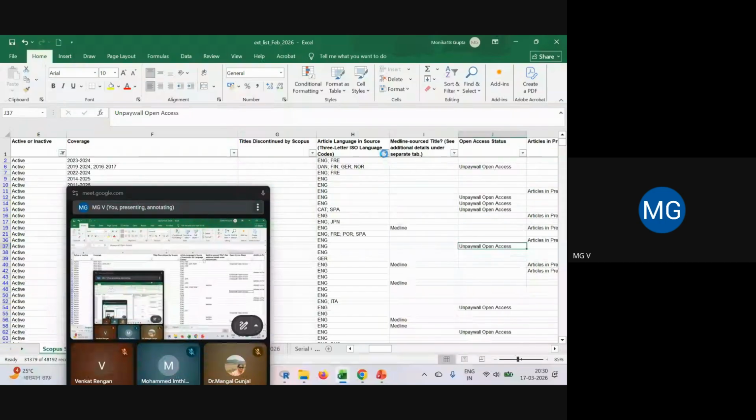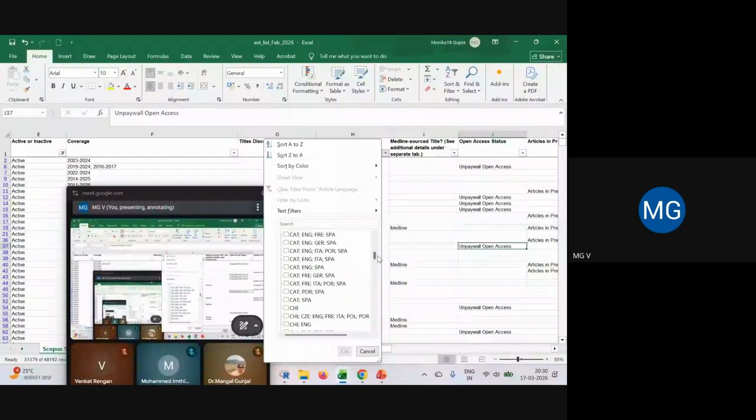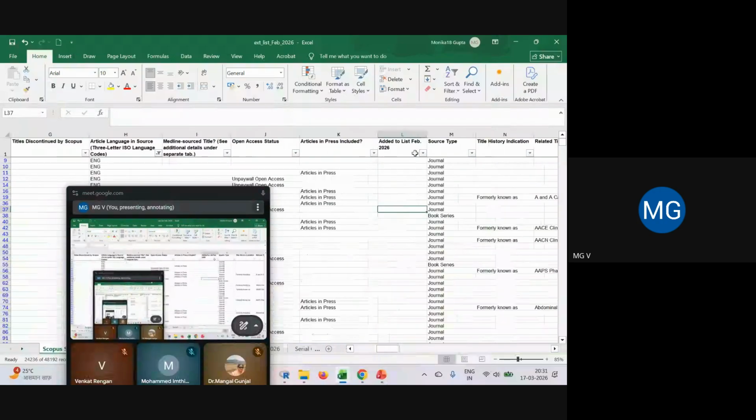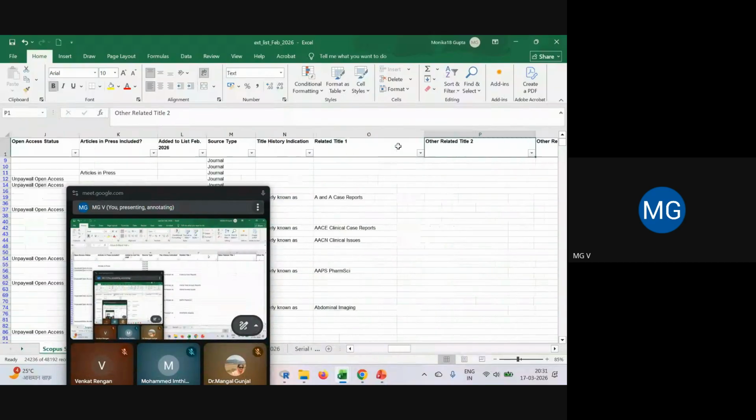We need only English. So you can type or select ENG options. So many ENG are there. I suppose select this. Then do you need open access? Yes, then you can. Do you want articles in press? Do you want recent journals?